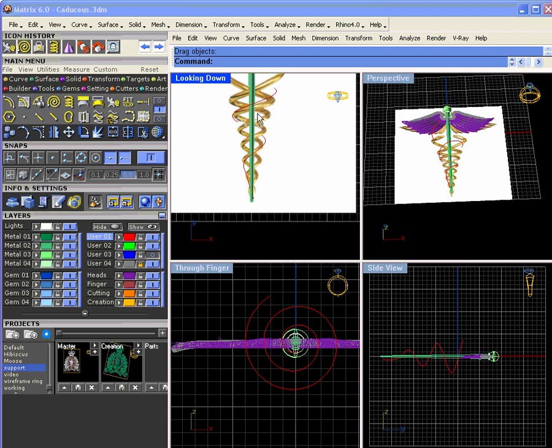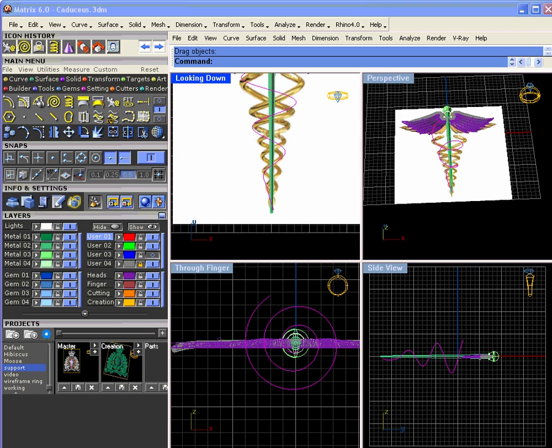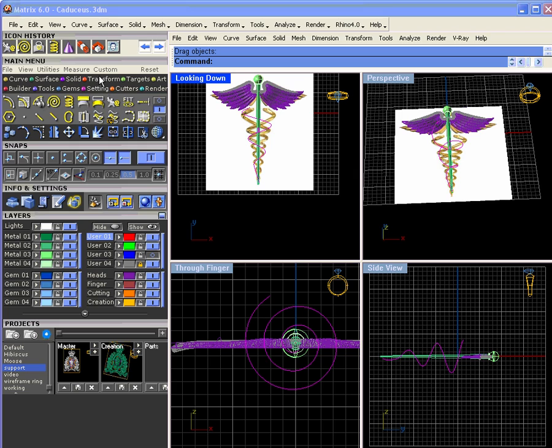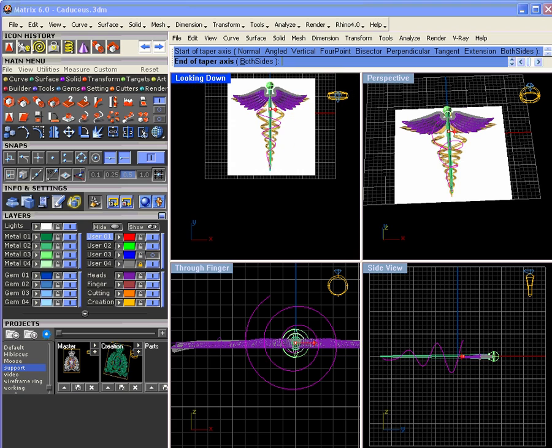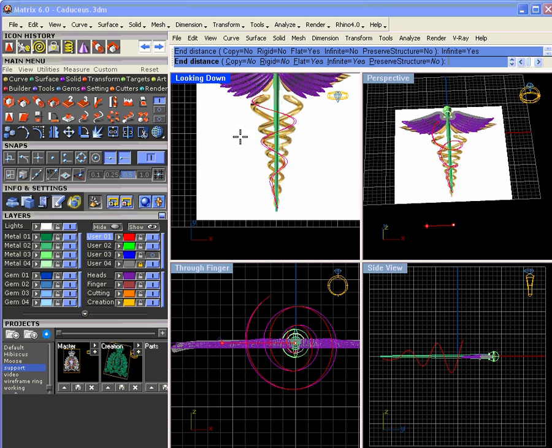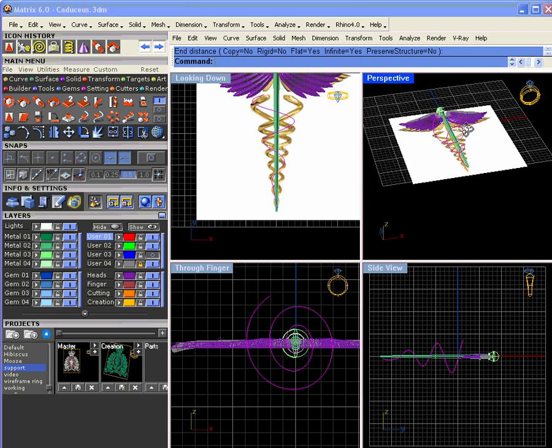The other thing we could do is, if you want this to come down really quick, we could taper this. So we could go transform, taper, from here down and over, and we want flat equals yes and infinite equals yes, and no snapping. And there you can see, I'm looking right in here, now it just comes down quicker and tighter as it comes down. Okay,